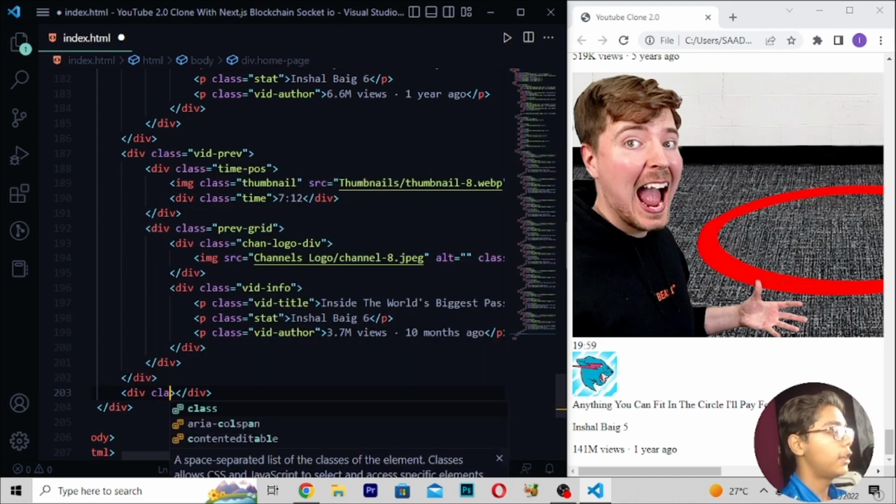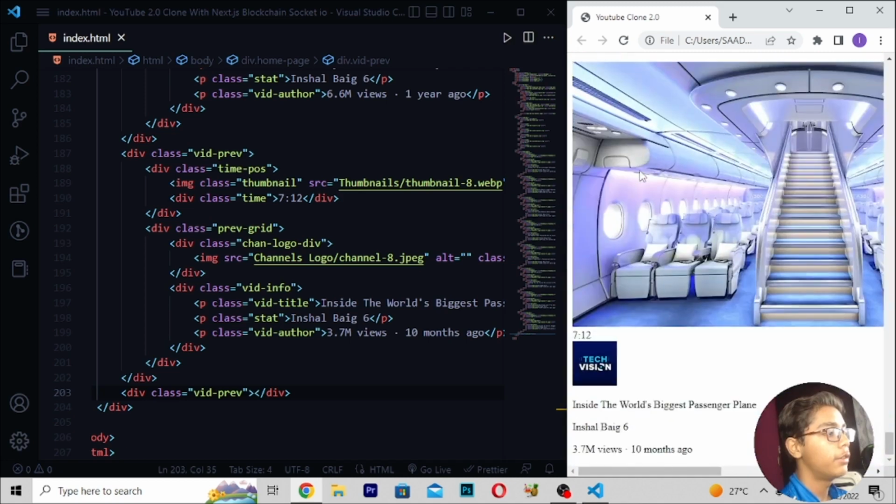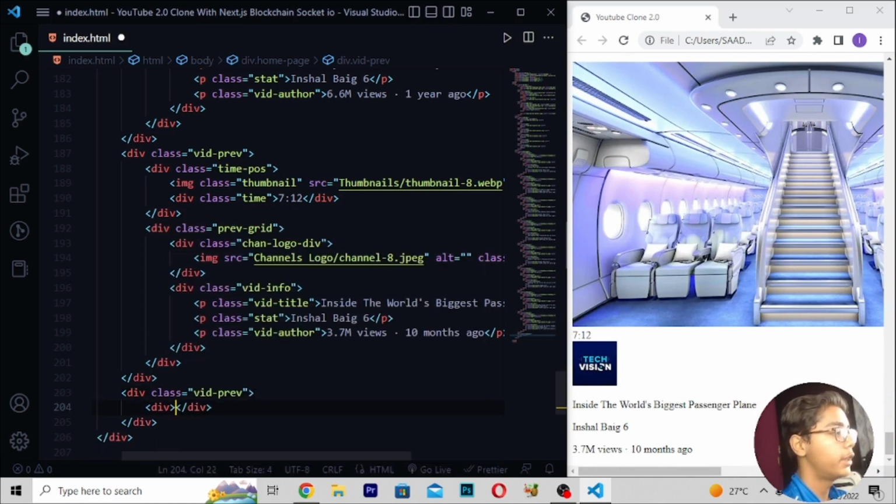Then here I will be writing div class right here, a tag which should be like with preview. Save this thing and then reload. Now if I show you, you can see we have just written these all stuff. Now when you've written this, here I will be now moving down after this with preview, right here class time post again. Then when you've written this, here I will be now writing image. Then after this class which should be thumbnail.